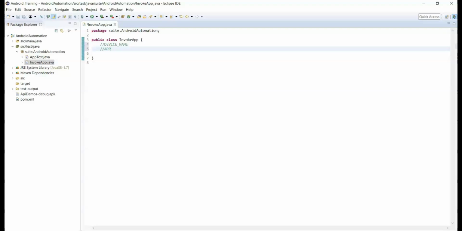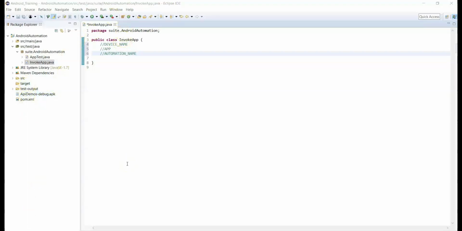Now Appium guys have introduced a new automation framework named UI Automator 2 as part of latest releases. So third capability is automation name. So these are the three capabilities required to launch the application on emulator or physical device.